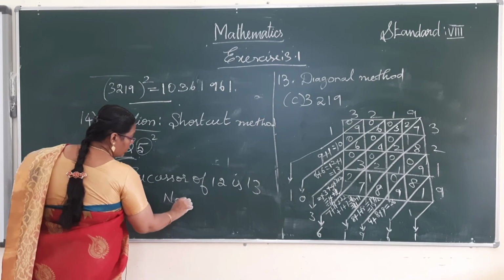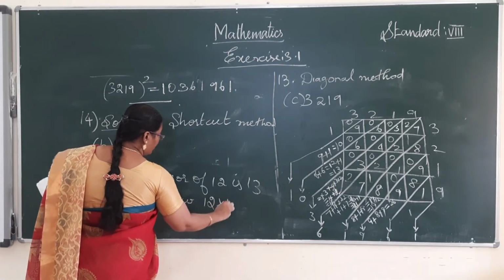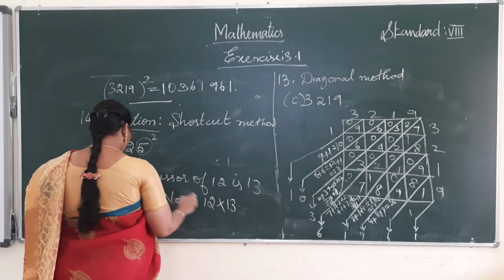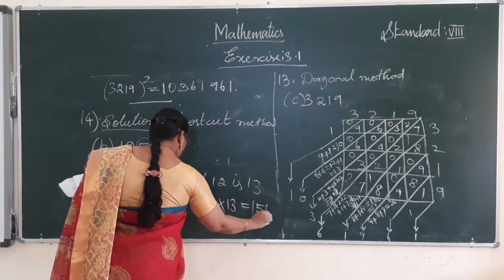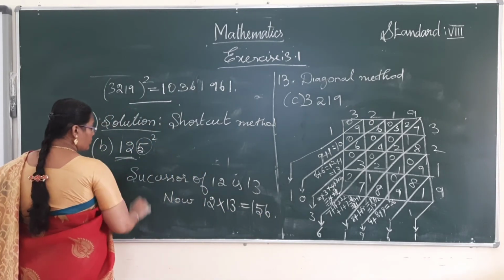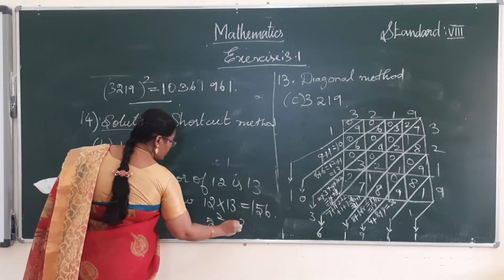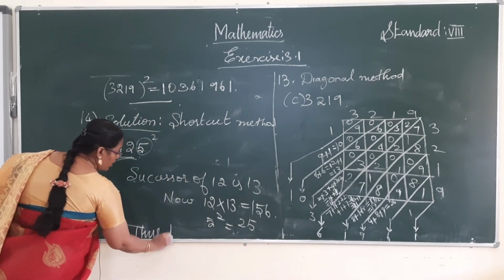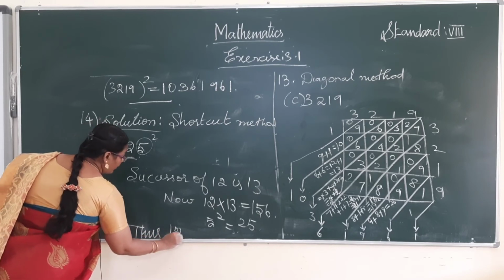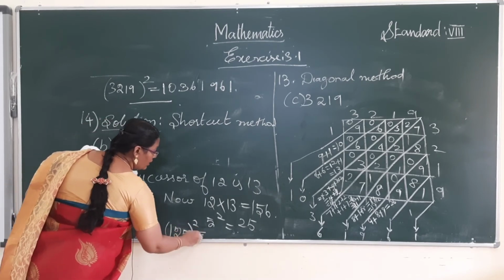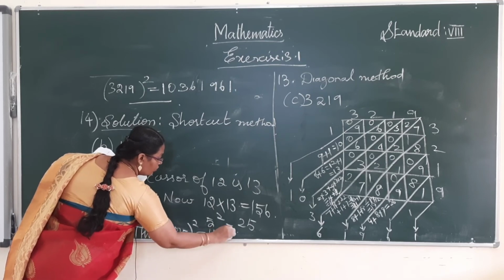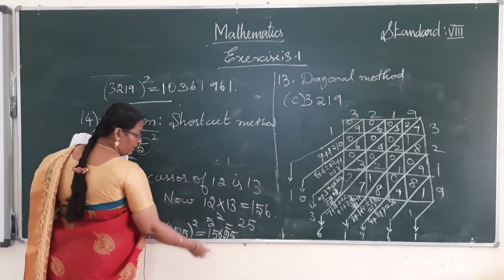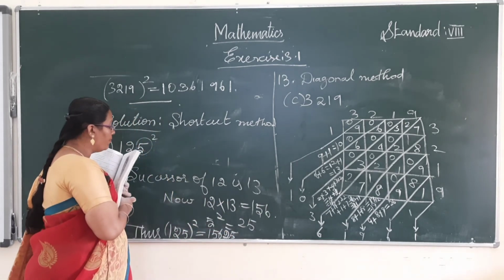Now multiple of 13, 12 13s are what we get, 156, and then now square the value. 5 square is 25. Thus 125 the whole squared is equal to 15625. First write the successor, multiple of the successor values and write the 5's value. Okay, and then